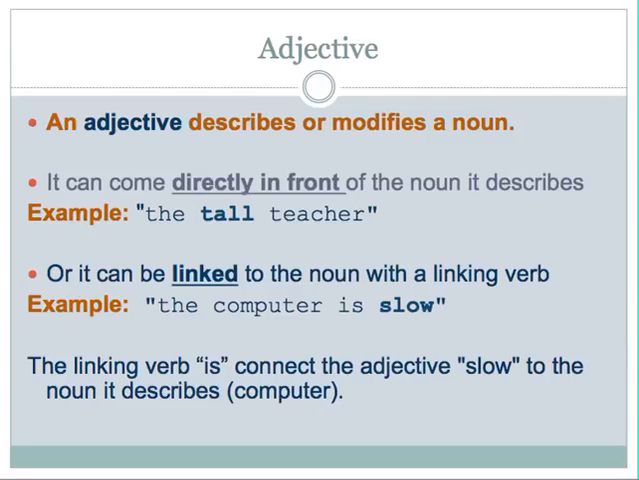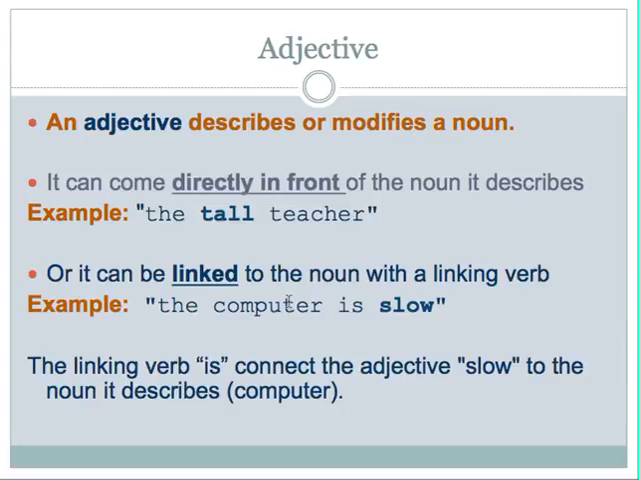An adjective describes or modifies a noun. Adjectives can come directly in front of the noun that it describes. In this example, the tall teacher, the adjective tall comes directly in front of the noun that it describes, teacher,